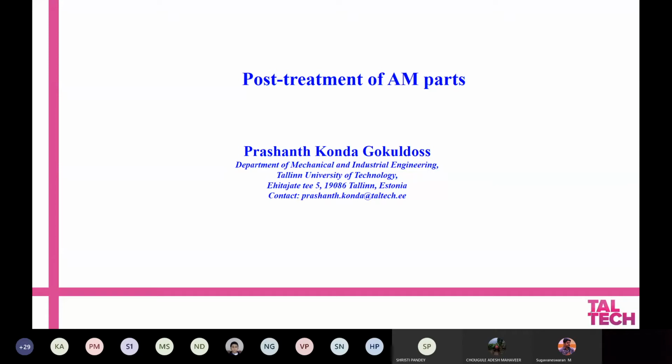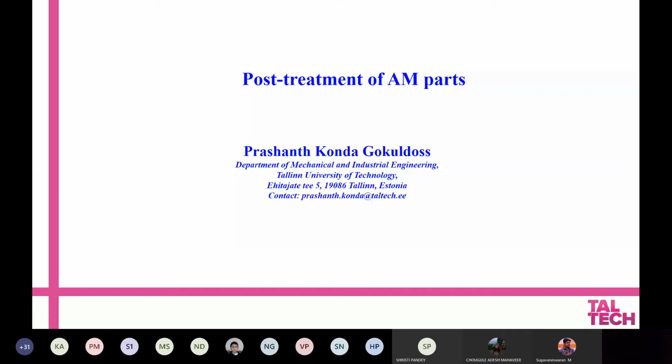Okay, I will not restrict directly to the electron beam melting process. We will see the post treatment process, and we will see in common whichever is related to most of the additive manufacturing processes. We don't restrict to electron beam melting because there are most of the things which are quite common with a lot of additive manufacturing processes. So we see the general trend or general scenario as such.